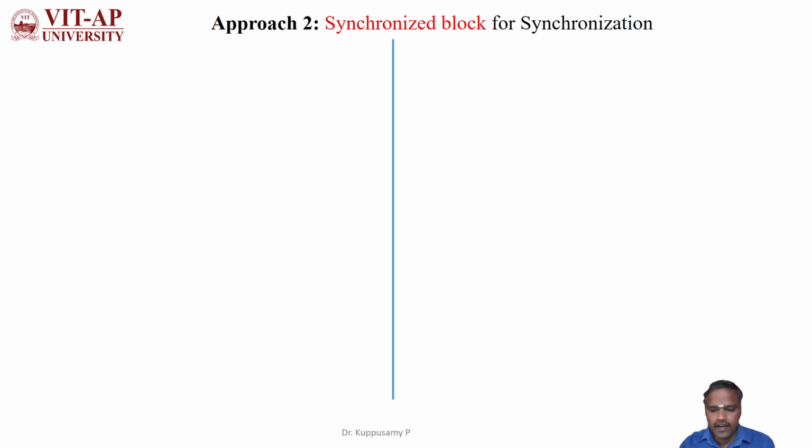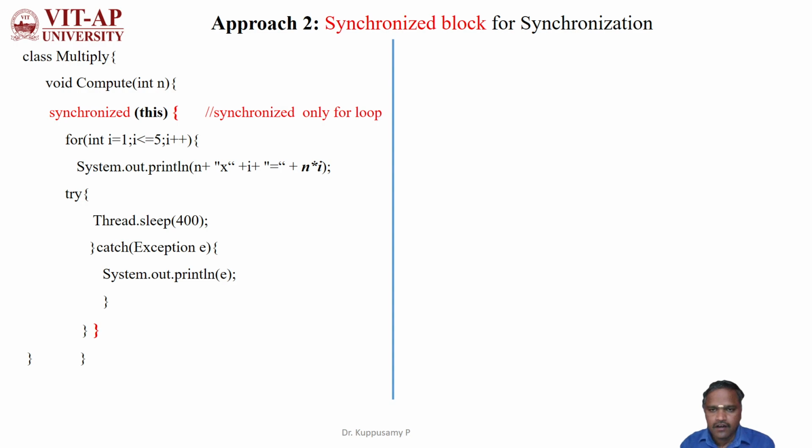In this example, I want to print two multiplication tables. For that, a single object is handled by two threads. If any one thread is accessing that action portion, it should successfully complete its task, and only then should that object be allocated to another thread. So based upon that, I'm going to print two multiplication tables. The first multiplication table is to be printed for all the lines, and only then should that object be allocated to the other multiplication table thread. As per that, here I am using the class named multiply, and compute is the